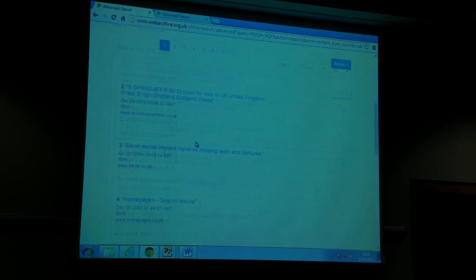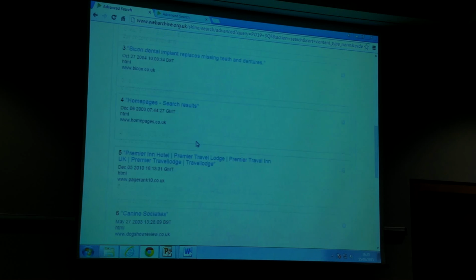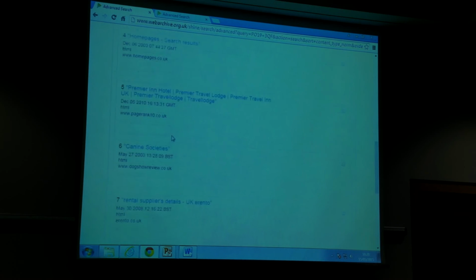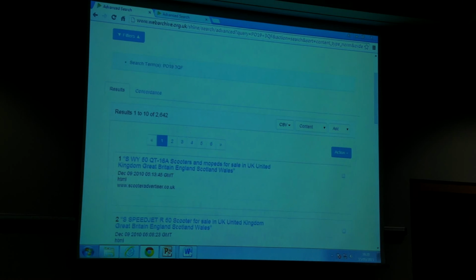So there's all sorts of stuff in there, which can mean many things. It might just be that a listing of Travelodges is a reference to the one that there is. But I only do that to demonstrate that any string of characters will be found. The interface doesn't try to make any sense of what you're asking it. It just delivers a string of characters as you want.